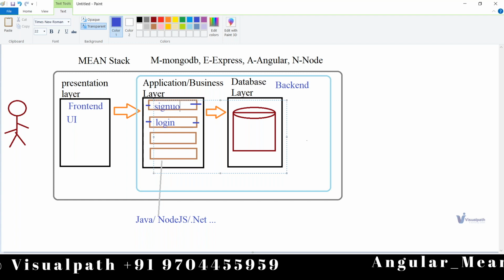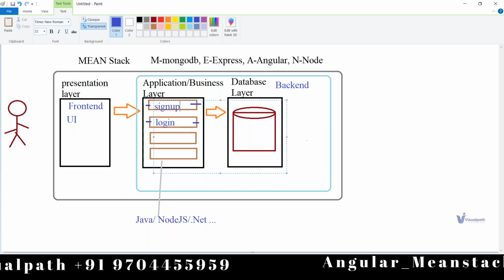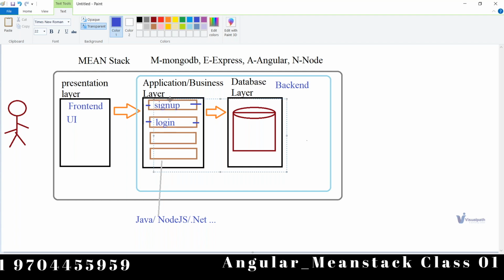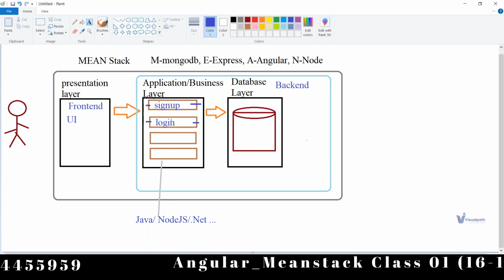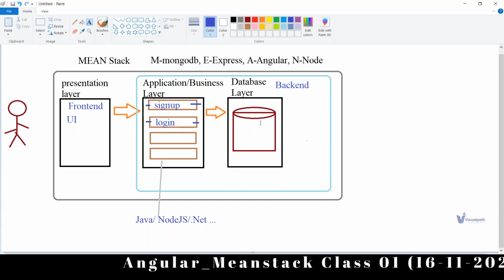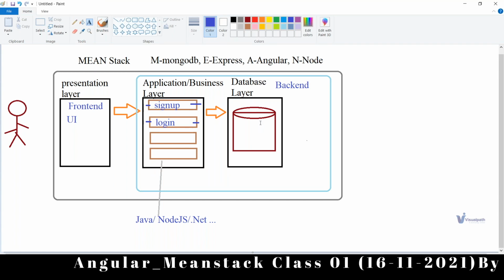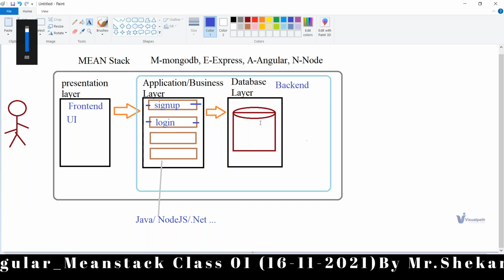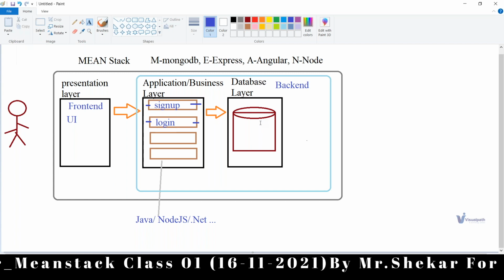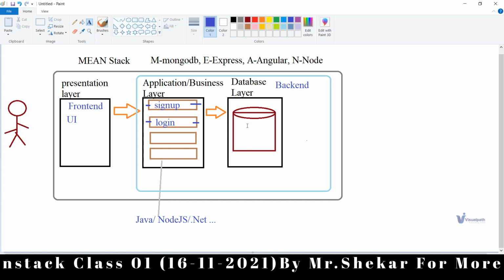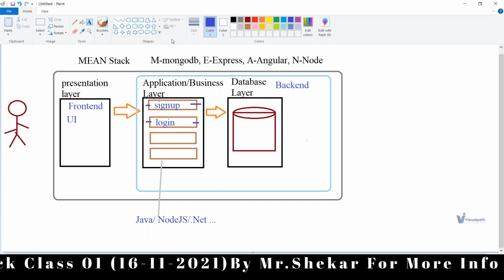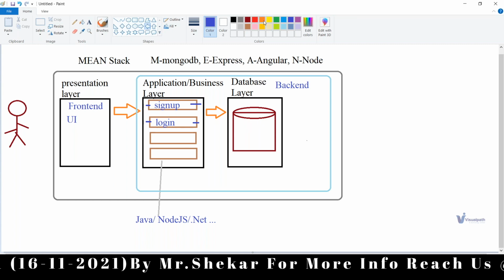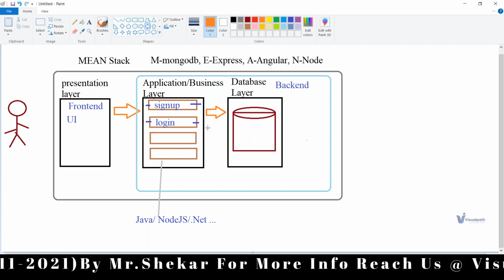I can mention something or registration, both are the same, but yes, this is the sign up activity. Now the second one is the login activity, where you'll be entering a username and password. Again, it will be connecting to the database. But this time, with the username you are entering, it will get the data out of it, and whatever password you are entering, that password will be fetched out. You understood, right?